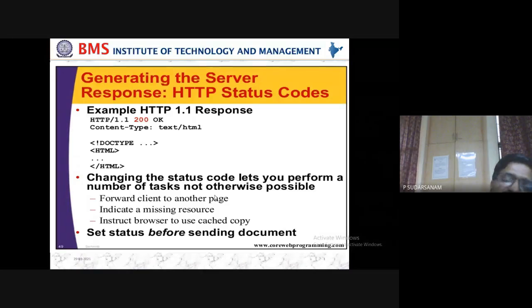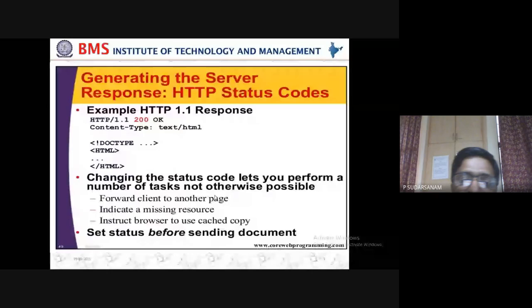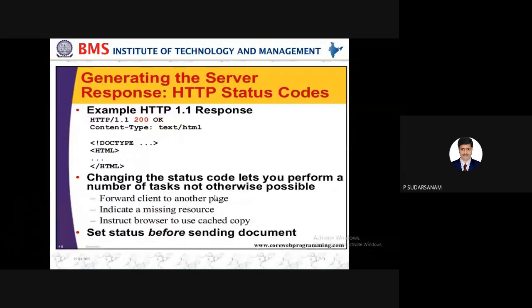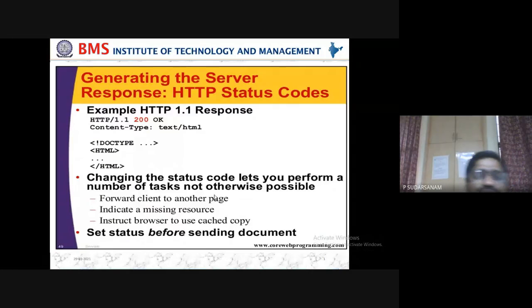In that case, you are instructing the browser to use the cached copy. So they have given some numbers as defaults there. What are all the default values we have to see? That is the changing of the status code. That means you are requesting something, but it is not able to display or get that. In that case, what will be happening?